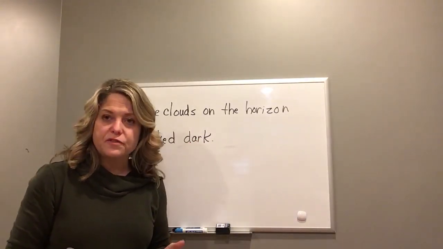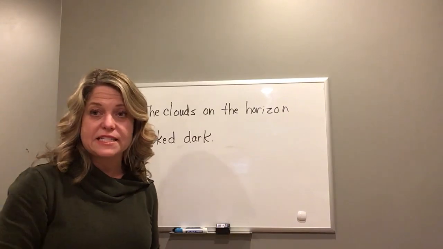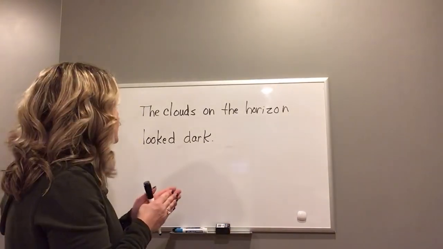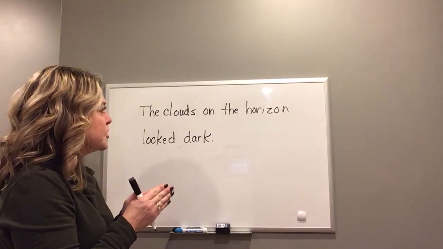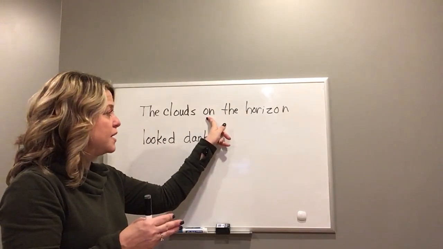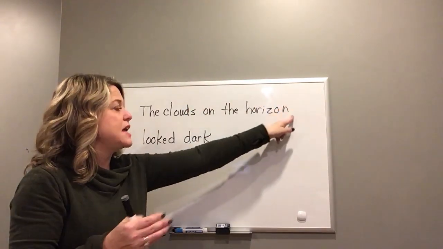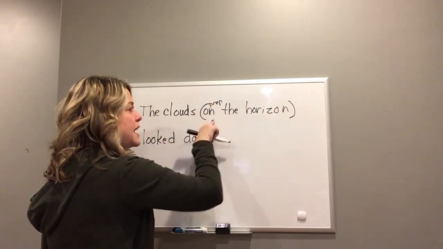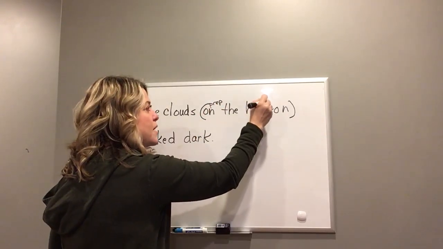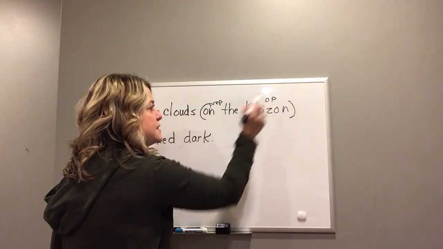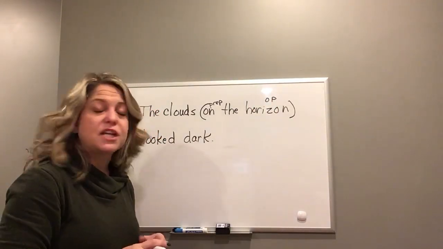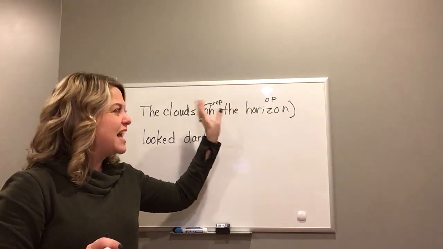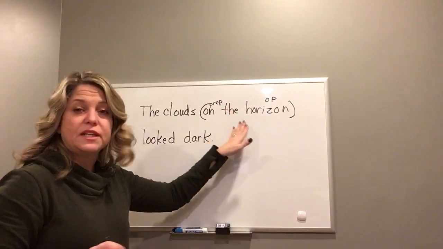In fact, before we look for the verb, let's do the very first step in attacking a sentence and look for the prep phrase, or prep phrases. Or maybe there aren't any. Let's look. The clouds on the horizon looked dark. I see a preposition, the preposition on. And I recognize that on the horizon is a prepositional phrase. On is the prep, and it ends in a noun, horizon, which is the object of the preposition. That's not something you had to mark on this, but it's a good idea to help you. So now that we have that locked up, we will kind of ignore it and not pay any attention to it. Nothing in there really concerns us now.